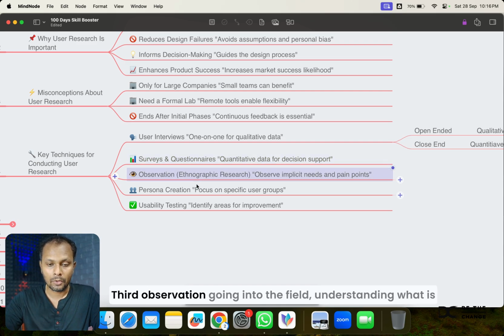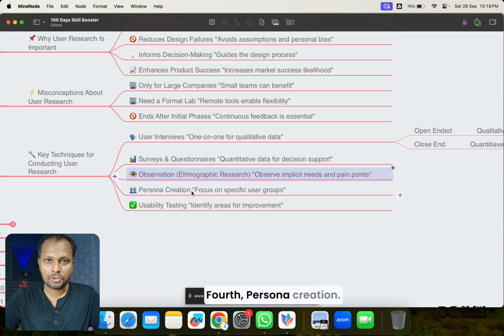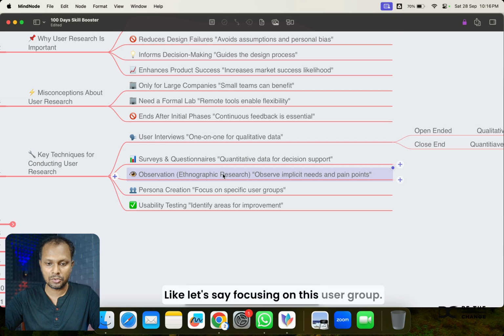Third, observation. Going into the field, understanding the pain points and needs of the people. Fourth, persona creation. Fifth, usability testing. In fact, persona creation is one of the major elements. Let's say, focusing on this user group,